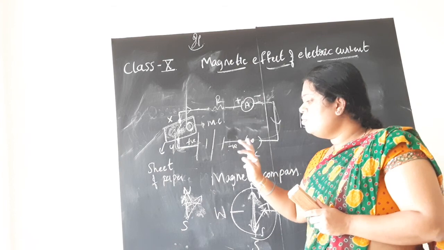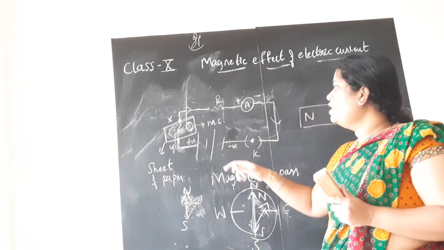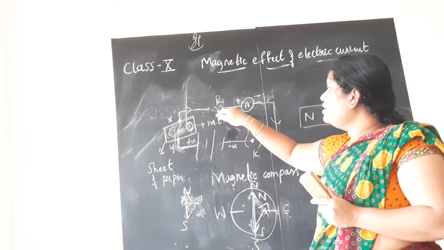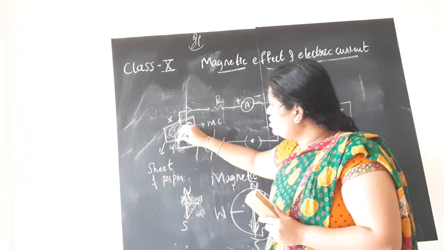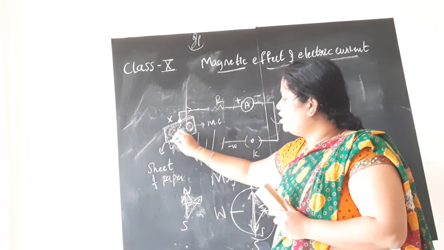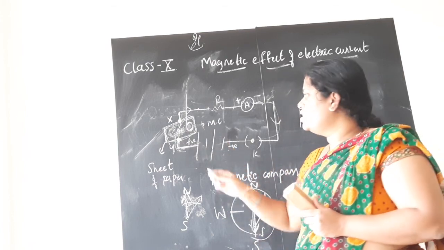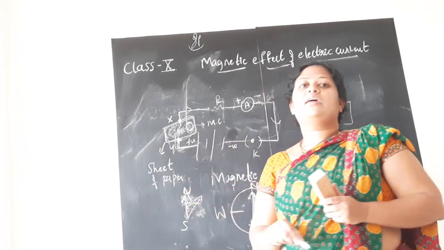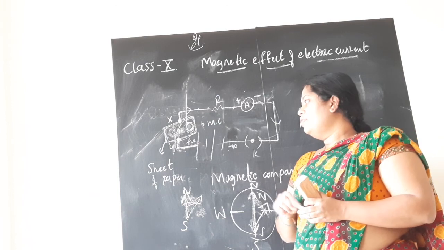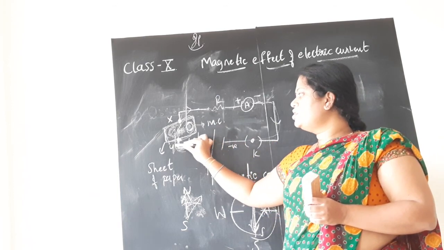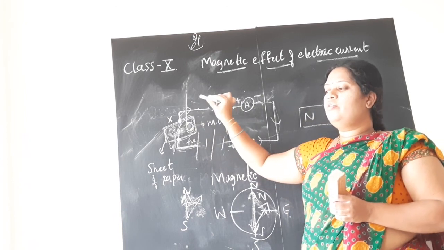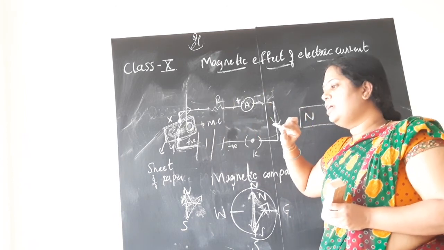Next, we performed one activity or one experiment. In that, we took a copper wire, connected one resistor, one ammeter, a plug key and a battery to it, and to the ends of the copper wire, we connected a sheet of paper or a cardboard, you can imagine, and placed the magnetic compass on it. So, when we switched on the circuit, what happened? The current from the positive of the battery is now flowing nearby the magnetic compass.